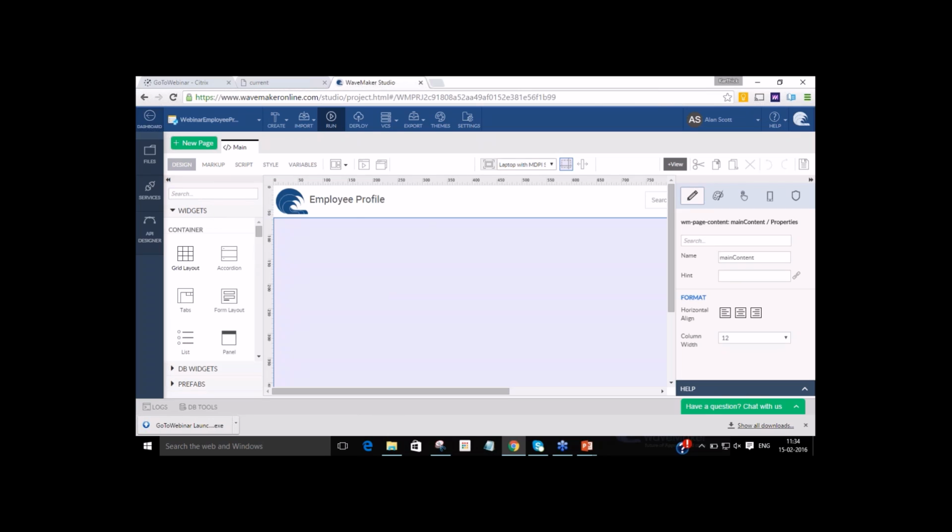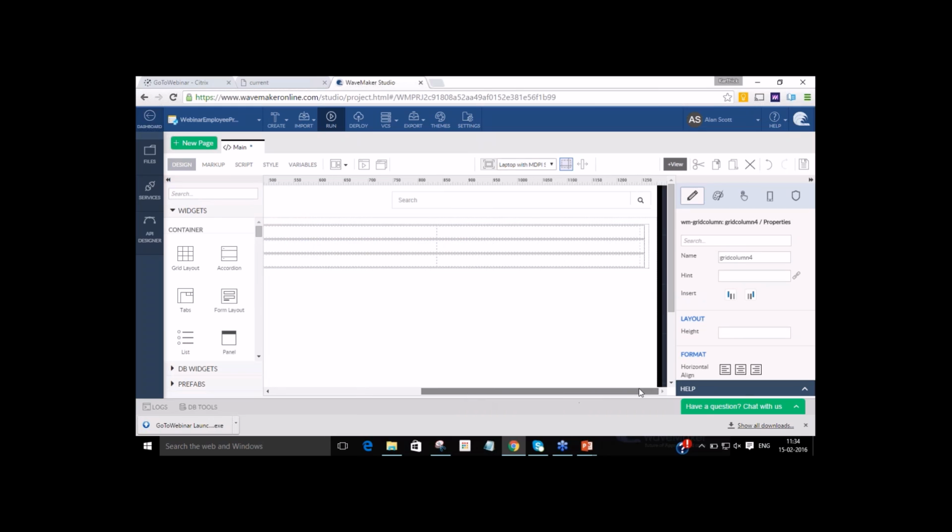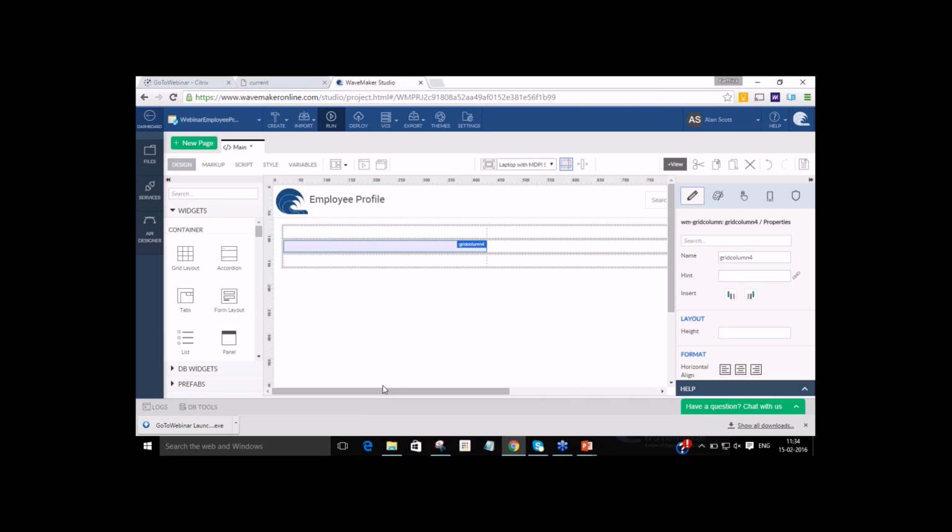I would always suggest that once you have the higher level structural layout defined for a page, you start with something called a grid layout, which allows you to position your widgets within the page. Grid layout essentially divides your screen, or the portion in which you want to operate, into multiple columns. It uses Bootstrap in the background. You can define up to 12 different columns on the grid. At this moment, for this particular employee profile application, I'm going to have just one row of data,